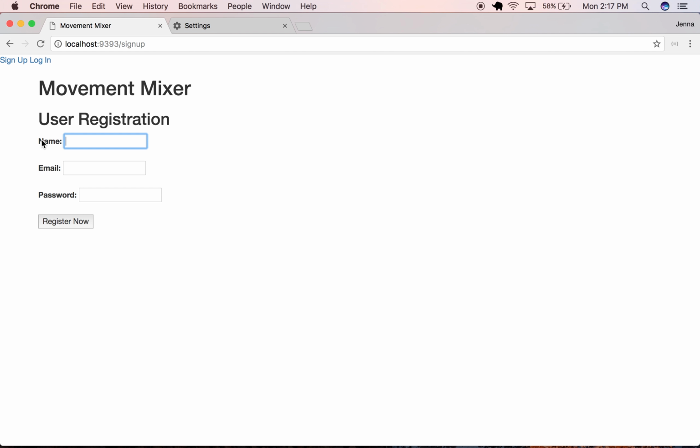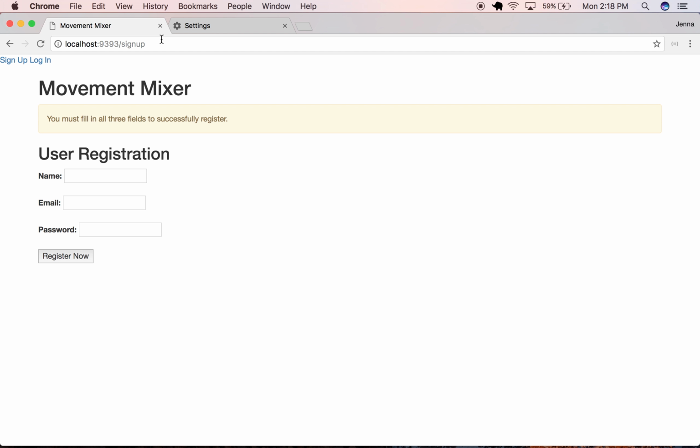It's important to note that for a user instance to be successfully saved to the database, they must have all three attributes of name, email, and password. They must have the values of these attributes assigned. So let's say a user named Simon wants to sign up for my application, and he just inputs his first name, Simon. When he clicks register now, he will be redirected to the sign up page, and he will receive